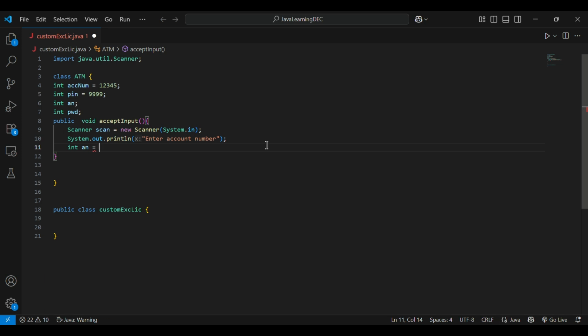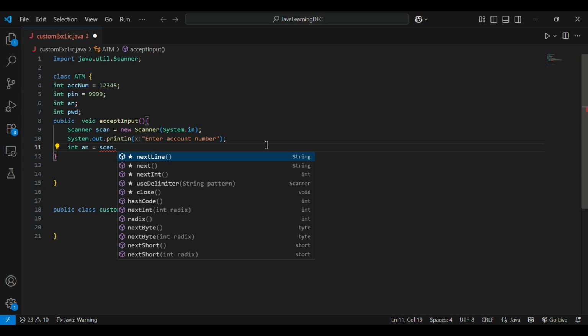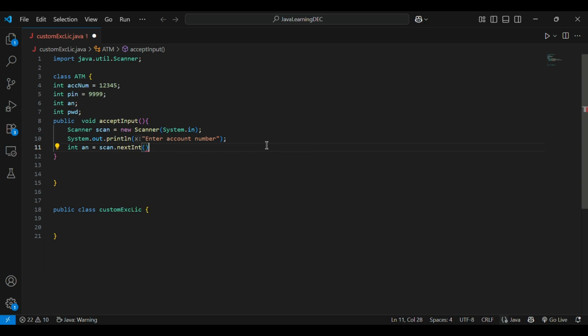So we created a scanner object to take input. Then we want to prompt the user and store the entered account number in a variable called AN. Scan dot, then only it can read the user input, right? Scan dot next int. It will scan what the user has entered. All right, now next what I want to